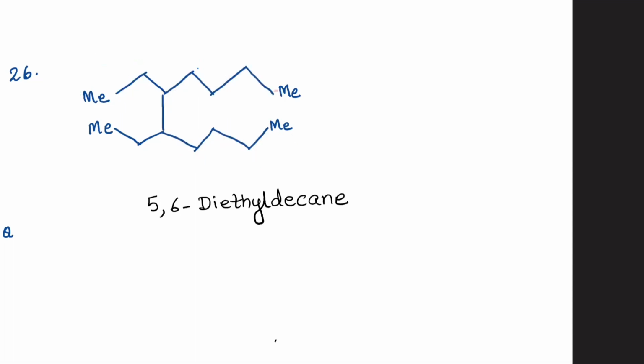Now let's suppose that there is a double bond here. Now try and name this compound. It's easy. Yes, it is definitely easy. Why? Because again our longest continuous chain remains the same. Only thing is we will have an ene introduced here because of the presence of the double bond. So what's the name of this compound? Name it yourself. I'm waiting for you to complete it.